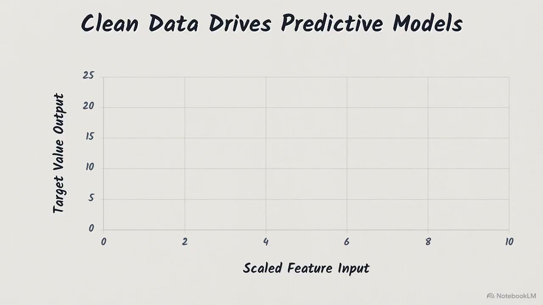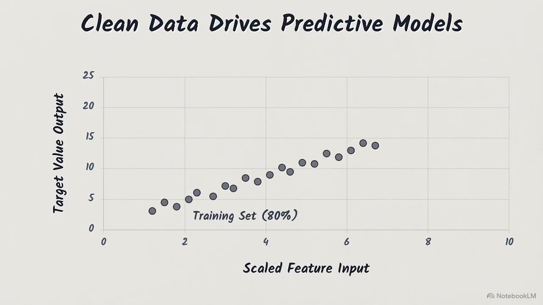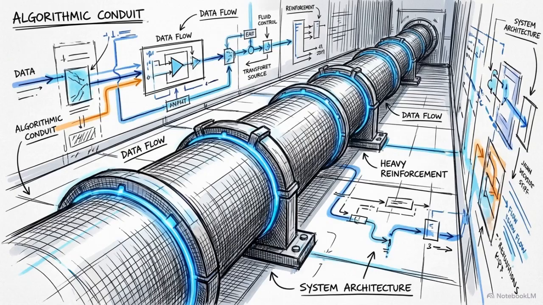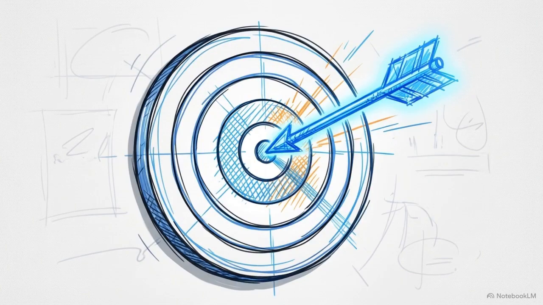These clean, scaled inputs are exactly what we will feed into our first regression models in Topic 2.1, and that held-out test set is what we will use to accurately evaluate them in Topic 2.6. An intelligent model is useless without a bulletproof pre-processing pipeline to feed it reliably. Build the structure first, and accurate predictions